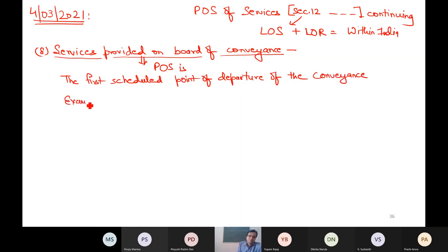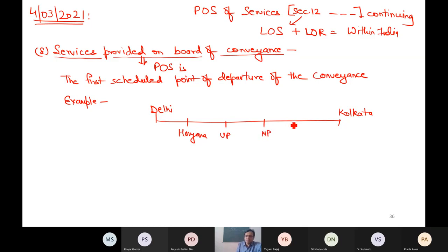Example. A train is going from Delhi to Kolkata and will pass through, for example, Haryana, UP, maybe MP, a little bit of area, Bihar. Now, when the train was in UP, for example, in this train I demanded